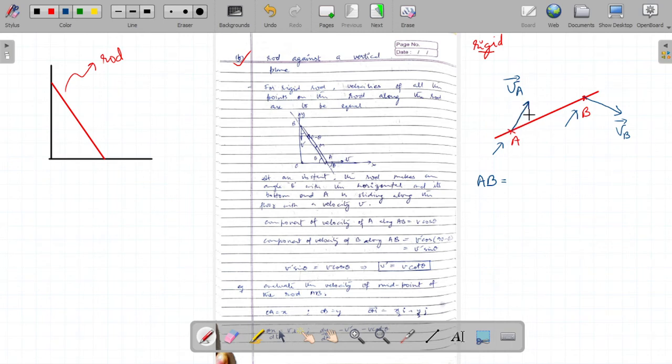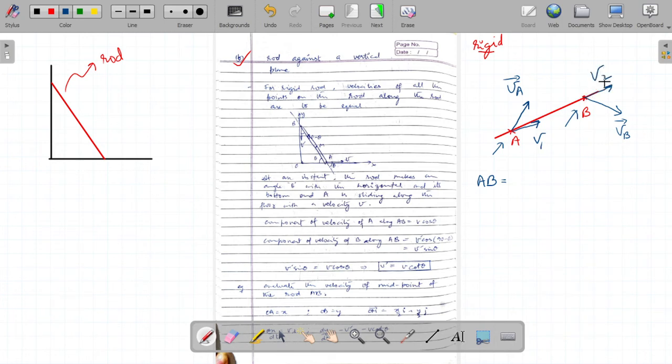Let's say the component of the velocity of point A along the rod is some v1, and the component of the velocity of point B along the rod is